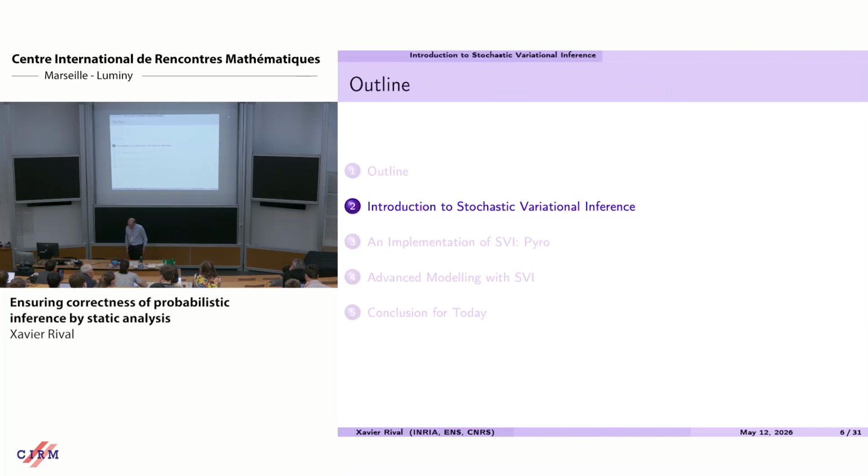Okay, so first of all, let's have a quick introduction to stochastic variational inference. In the second part of today's lecture, this will be very brief. I'm just going to try to give an idea of how the algorithm works. Then after that, I will show an implementation of it. We have some probabilistic programming languages that you can install. One is called Pyro, which implements that. So I will show this